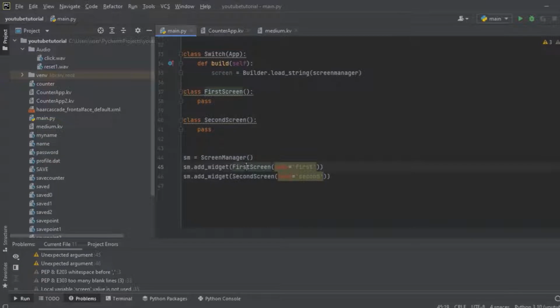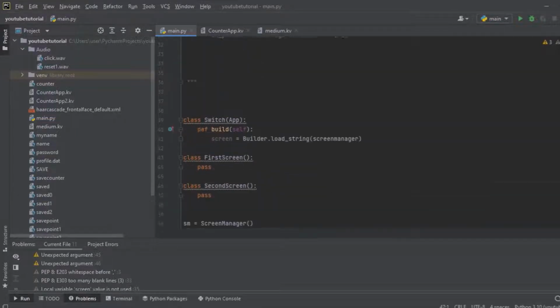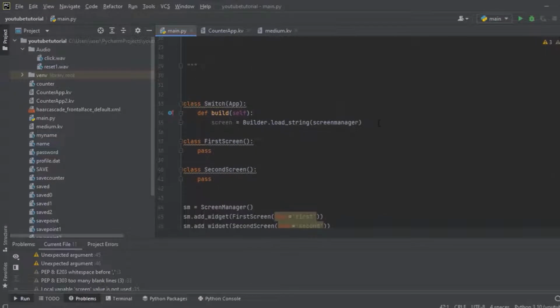What it does is manage our screen switching, and we have to include all the screens we are about to switch to, and then finally under this